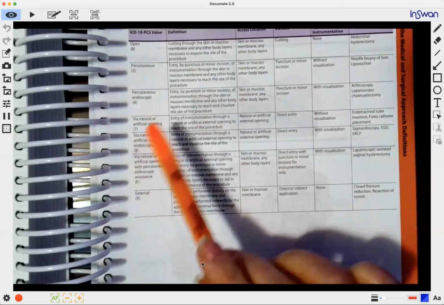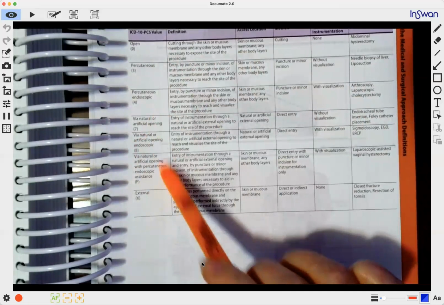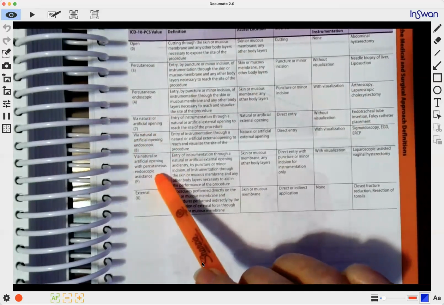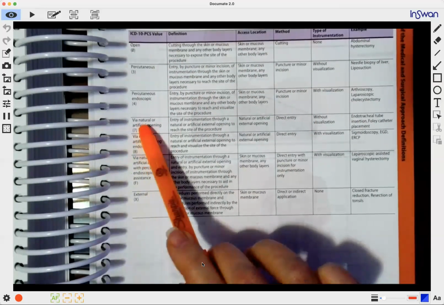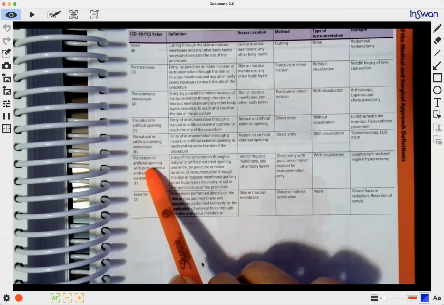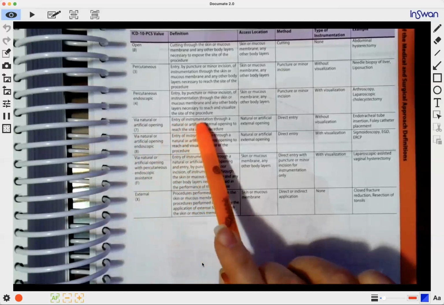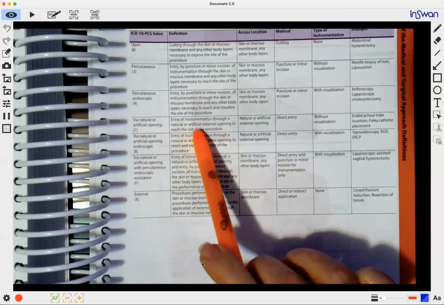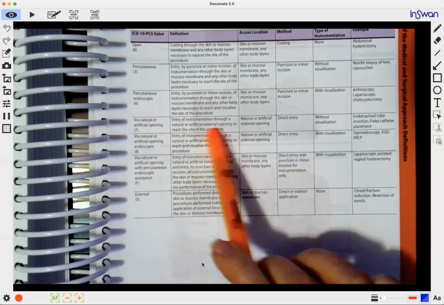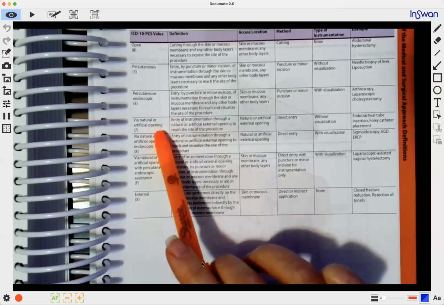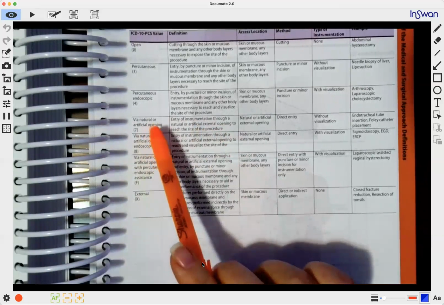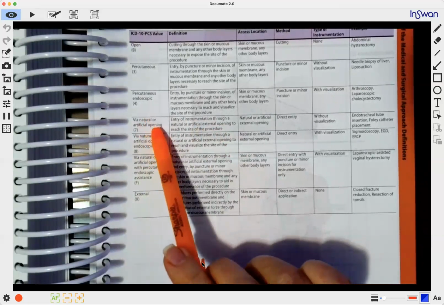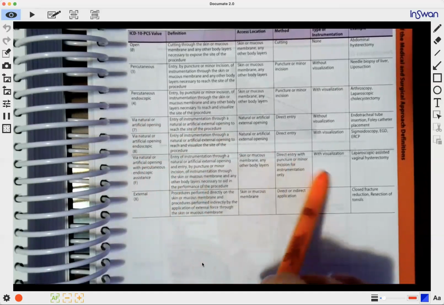Moving right along, we have our operative approaches that are via natural or artificial opening. So the access location is a natural or artificial opening, just like it says. It's entry of instrumentation through a natural or artificial external opening to reach the site of the procedure. Your natural or artificial opening, you think about things that are done orally, through the nose, through the vagina,